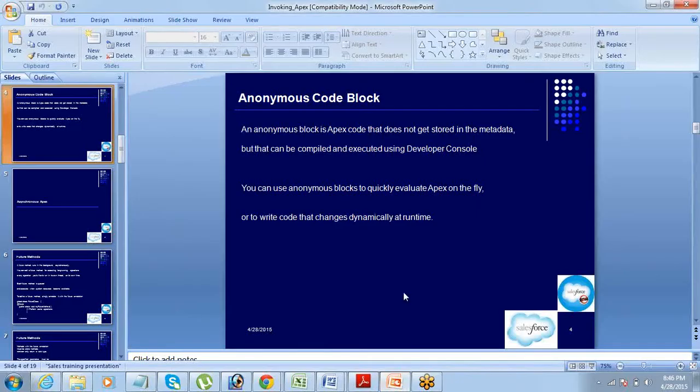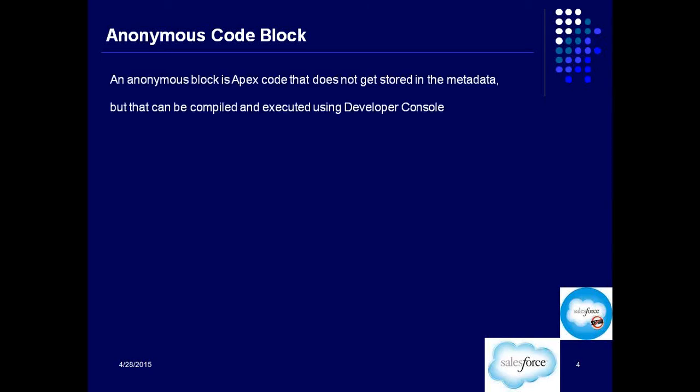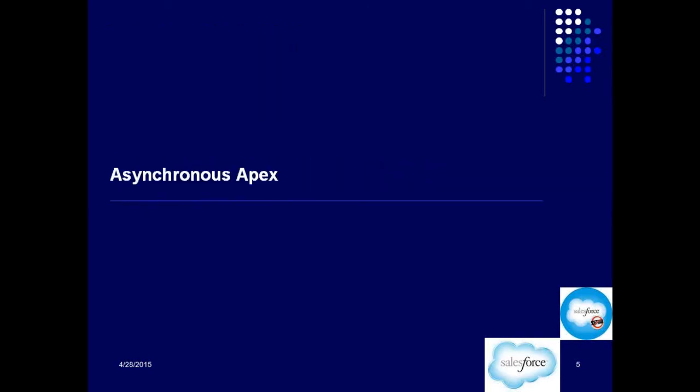Now let's move into the other ways of invoking Apex. Apex triggers and Visualforce classes, I think we have done a lot of them, so we are not getting into that. We will now jump into asynchronous Apex. Asynchronous Apex is nothing different. The methods and the code that you're writing is going to be the same. It's just a different way of calling the Apex so that it runs in a different way. So don't think that it's something new which you're going to learn, or something very different from what we have done so far.